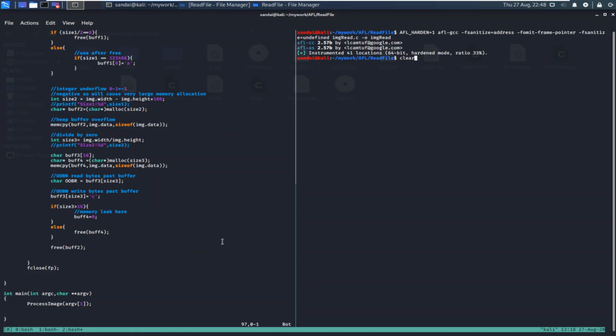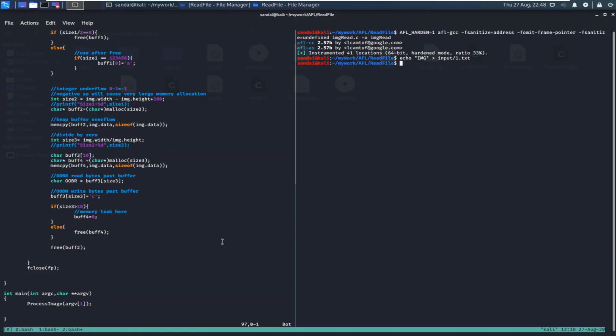Before starting AFL fuzz, let's create some input file. In yesterday's video I showed you that I have a very simple file where I have manually crafted width, height, and everything, but today I'm not going to use that file. We'll create a very simple file. What we'll do is simply echo img, or it can be any random bytes. We will put it in the input directory, and we'll call it one.txt.